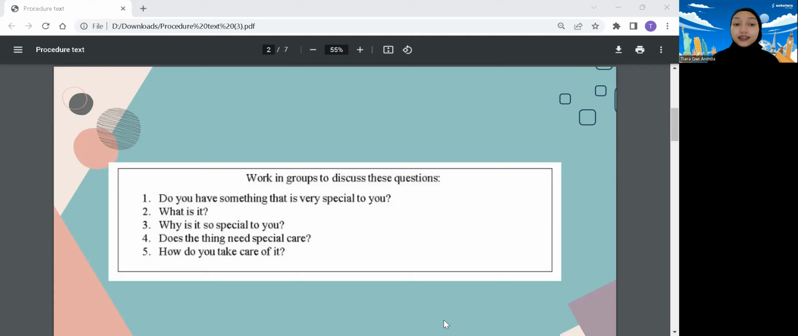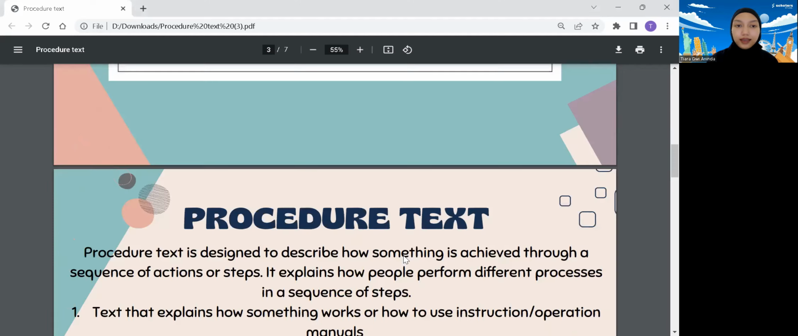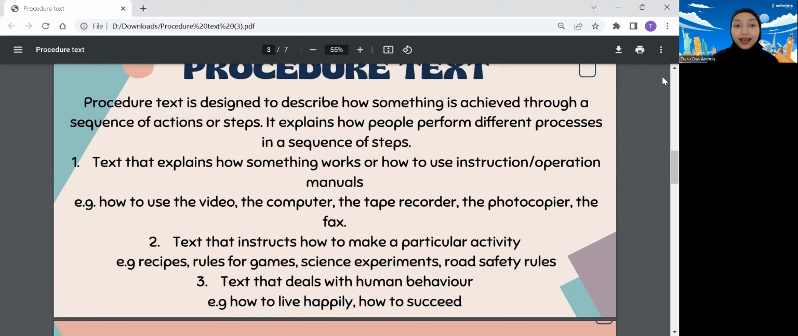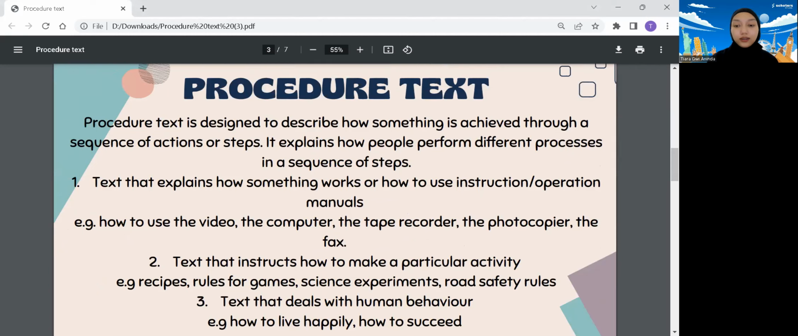So let's start with what is a procedure text. Maybe there's anyone who still remembers what a procedure text is. You can point yourself. Okay, that's quite correct. Procedure texts are used in our everyday life, for example, when we read a recipe for cooking or baking. Procedure text is designed to describe how something works and how something is achieved through a sequence